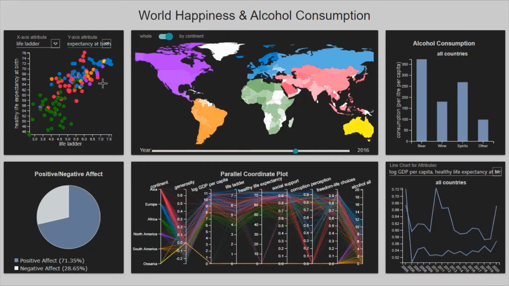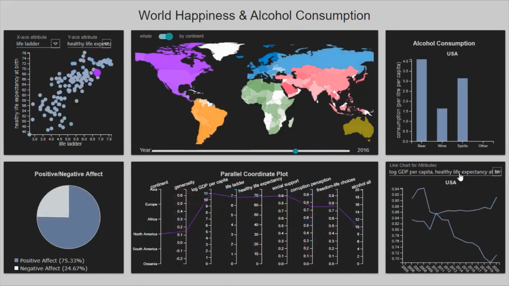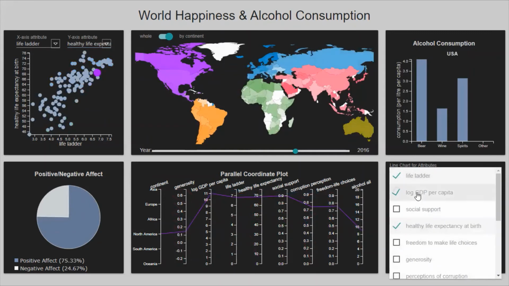There's an exception that we found, which we thought was interesting. Let's click on USA and here let's select life ladder as the attribute and the GDP.